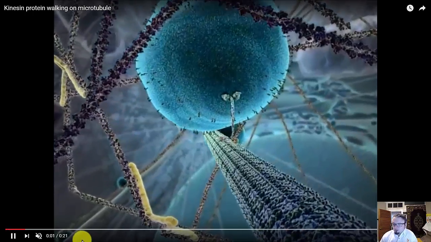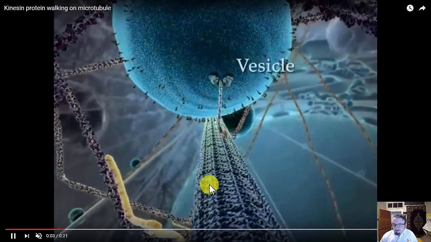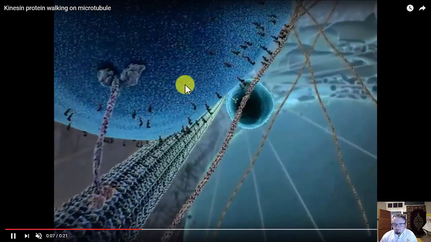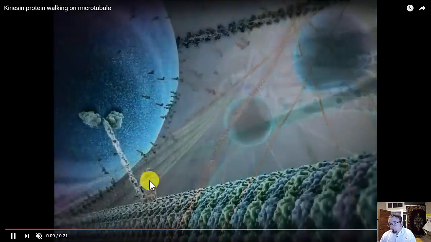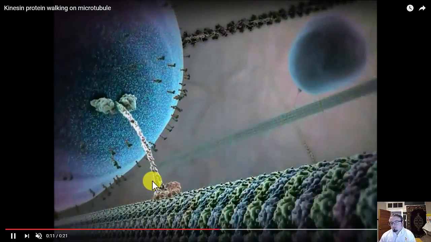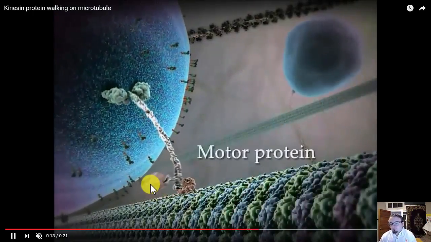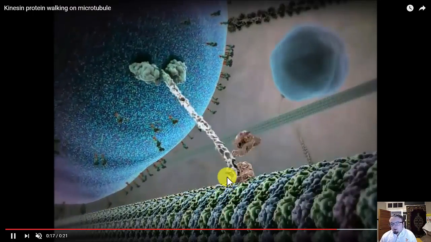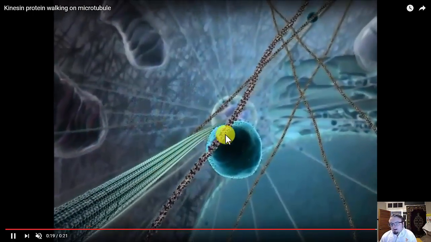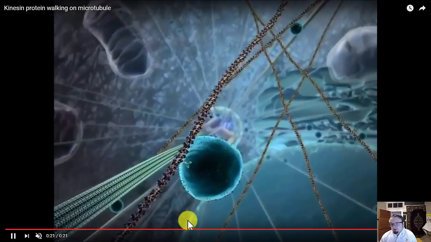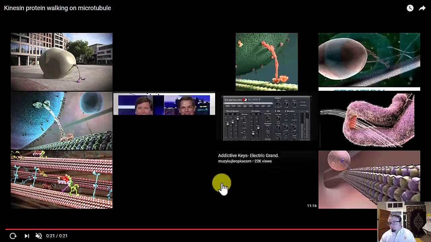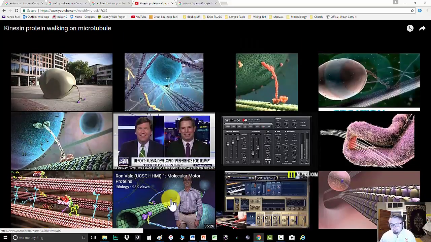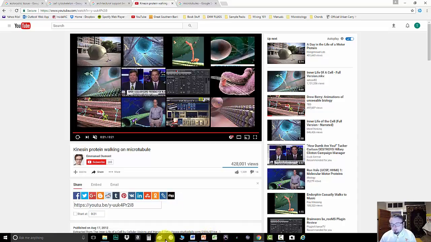And they literally do so by activating these two little leg-like structures that physically carry that vesicle from one side of the cell to the other. This is real, by the way. This is not fiction. This is a real thing. This is actually what's called a motor protein. And the motor protein is being activated by energy, and it literally drags that vesicle from one side of the cell to the other. Very short little video there, but that's actually how things typically move about the cell.